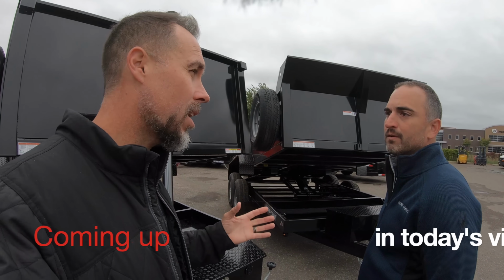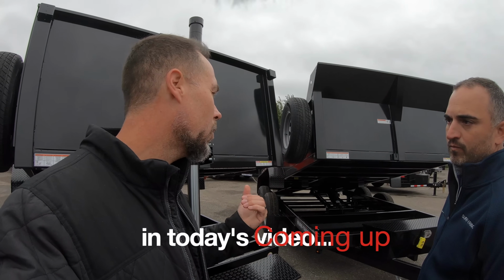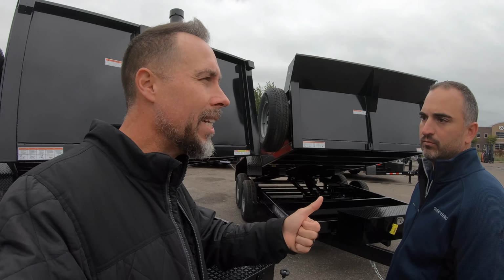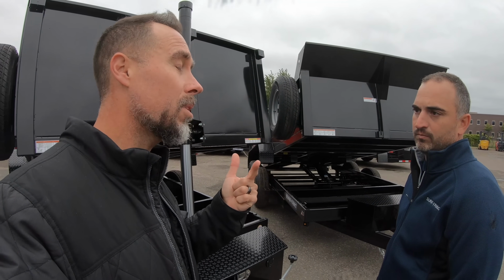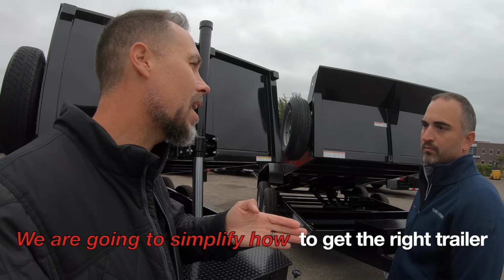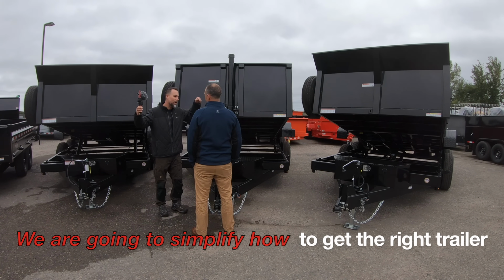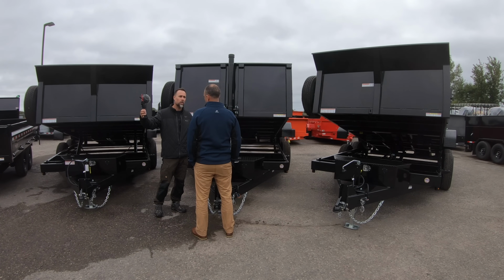And we're going to actually talk about all of the differences these guys are going to experience when they're going out and what they're looking for, because not only is there a difference in weight, there's going to inevitably be a difference in the payload capacity, but there's also going to be a major discrepancy in the price. We can nail this thing down so when a guy's out shopping, he can go straight to it and go, I want this trailer with this feature set up like this, and there's no more guesswork to this whole thing